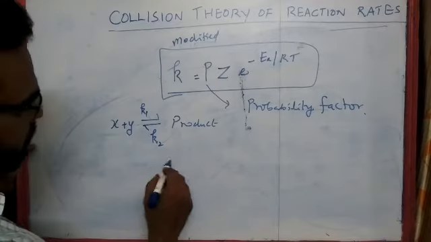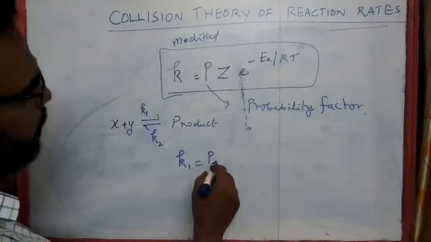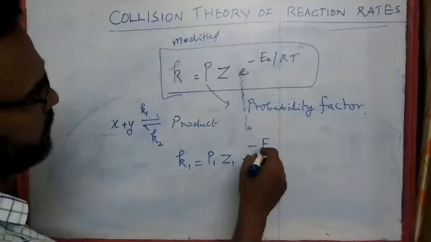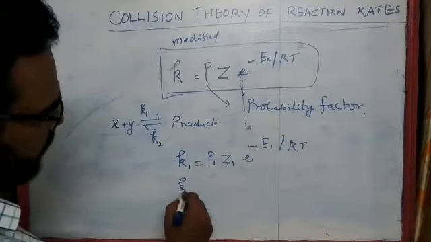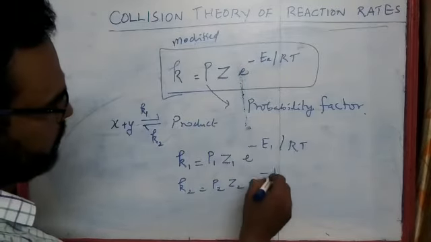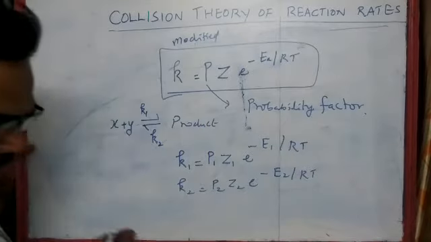So for the forward reaction, K1 is equal to P1 Z1 e power minus E1 by RT. For the backward reaction, K2 is equal to P2 Z2 e power minus E2 by RT. At equilibrium,